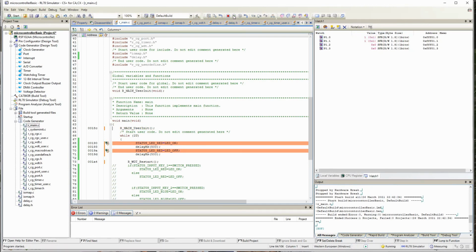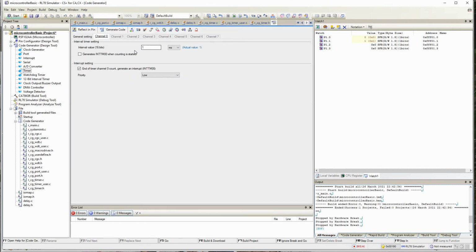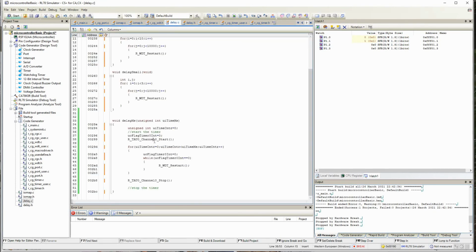Let me start again. Seems to be taking a long time. Either my software is running slowly or there is an error. Here also it is not measuring time. Let's just cross check if my code is correct. If I go to timers, every 1 millisecond it generates an interrupt. Then in my delay function, I have written delay.c. I'm starting. Seems to be okay.